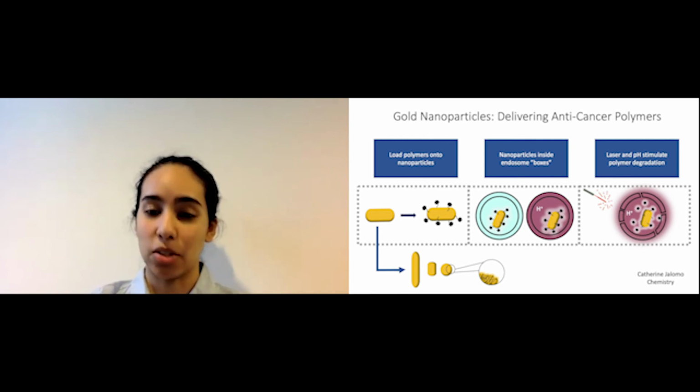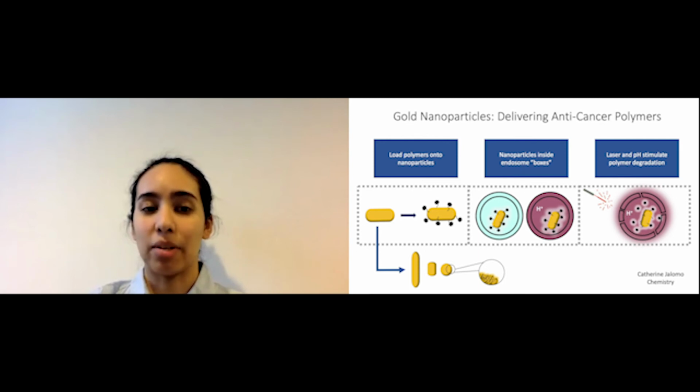Tissues are made up of cells, and in order to target cancer cells, we have 2 big questions. First, how are they different from healthy cells? And second, what can we do to use the information to exterminate cancer cells? One differentiating characteristic between cancer and healthy cells is that cancer cells are slightly more acidic than healthy cells. My colleagues and I are working on a way to use this information to exterminate cancer cells through delivery of